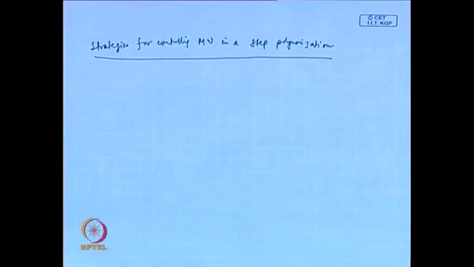Now, why do we need to control the molecular weight of a step polymer? Say I am targeting a molecular weight which corresponds to an average degree of polymerization of 100. If we end up at the end of the reaction with something higher than 100, then also it is a problem. If we end up with a number lower than 100, then also a problem. If it is lower, then the polymer will not be serving our purpose, and if it is higher, then it